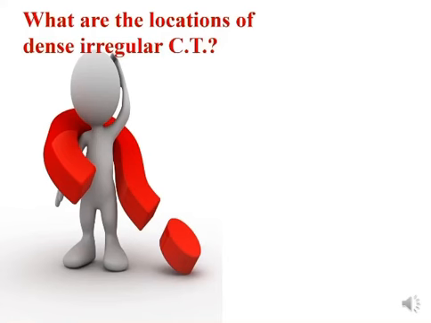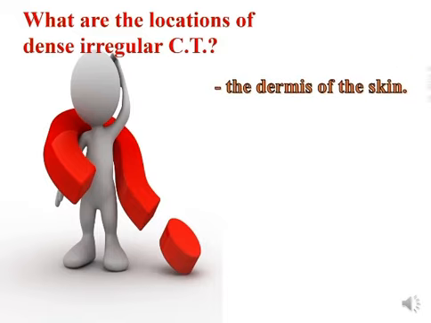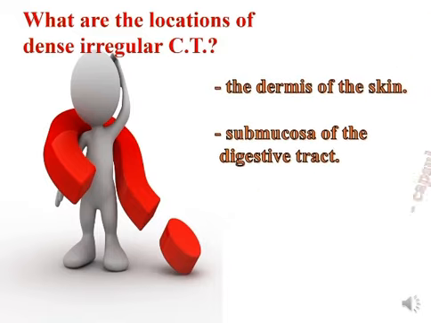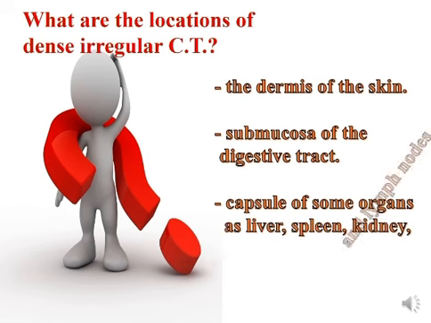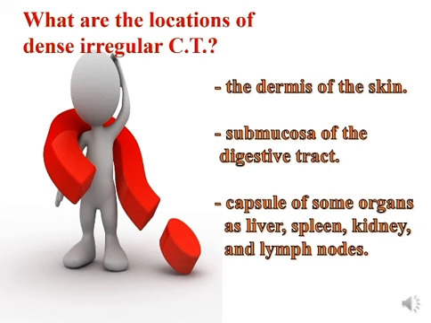What are the locations of dense irregular connective tissue? The locations are the dermis of the skin, submucosa of the digestive tract, capsule of some organs such as liver, spleen, kidney, and lymph nodes. هذه أهم المواقع اللي يتواجد بها الدنس، حيث طبقة الديرمس of the skin تتألف من dense